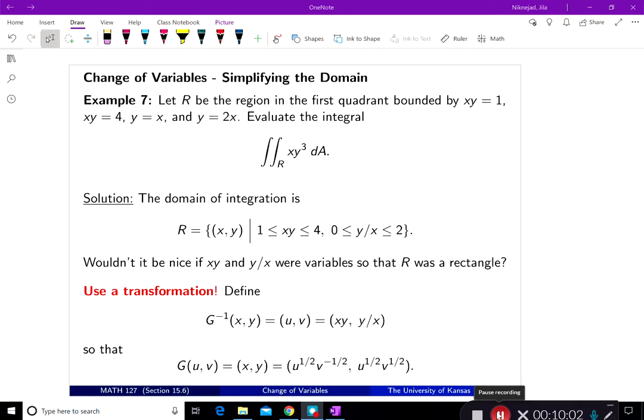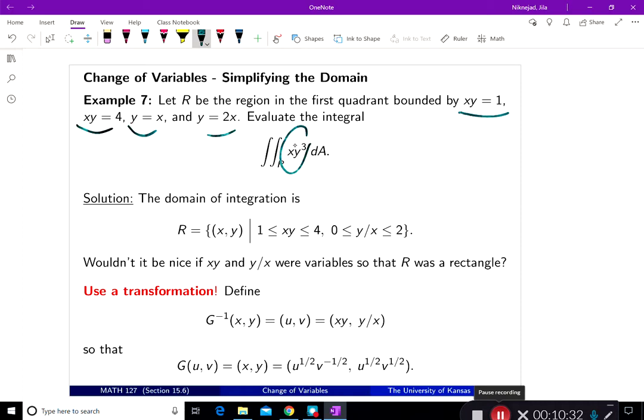And in this one, the change of variable is going to make the region a lot simpler. We've done a few where we made the integrand a little bit simpler. So in here we're looking at a region that is bounded by xy equal to 1, xy equal to 4, y equal to x, y equal to 2x, and the integrand is fairly